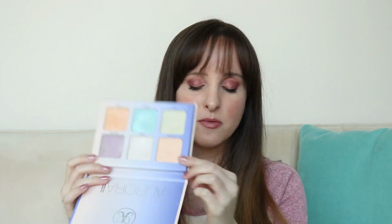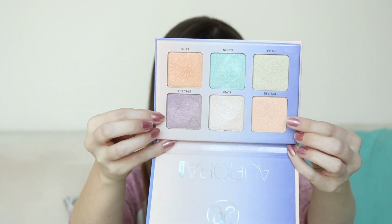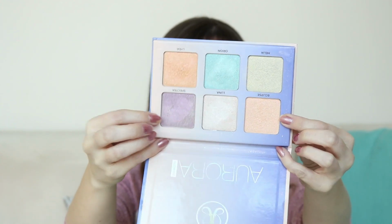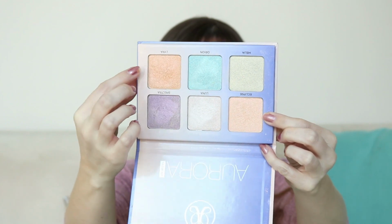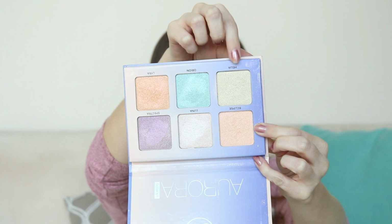I'm wearing it today. I'm not sure, I guess you can kind of see it. I mean, I obviously gravitate towards Eclipse and Libra, which are the more easy to wear shades, and I wore the middle shade quite a bit. I don't think I wore either of these two shades. I think I wore the green shade as an eyeshadow maybe, but yeah, it's a really nice palette, to be